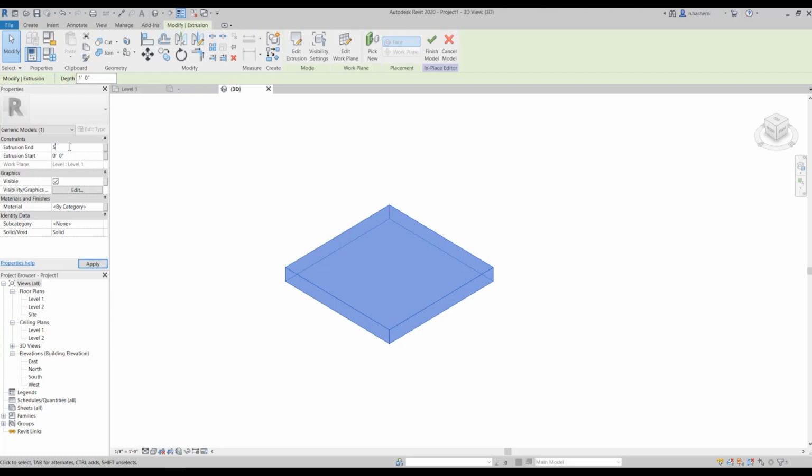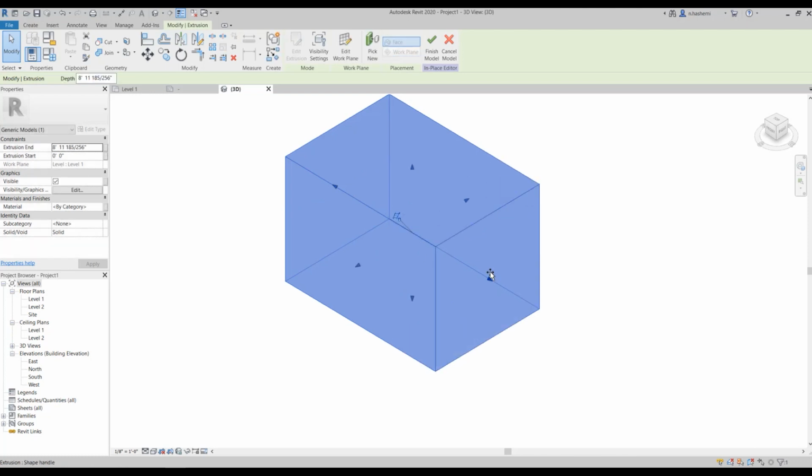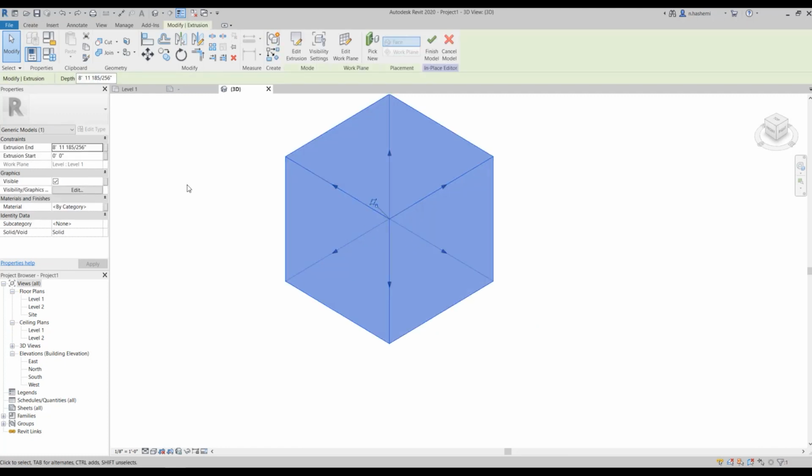So I'm going to change this to 5 feet. Or you can just use these grips to adjust it, okay? Let's change these to 0 and 5 feet again.